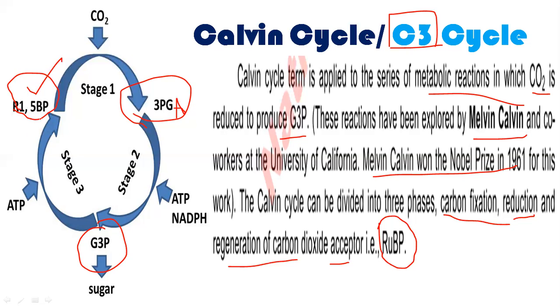It means it has two phosphate groups in it, so that it accepts carbon dioxide, and that carbon dioxide gets into the Calvin cycle, and then by utilizing ATP and NADPH